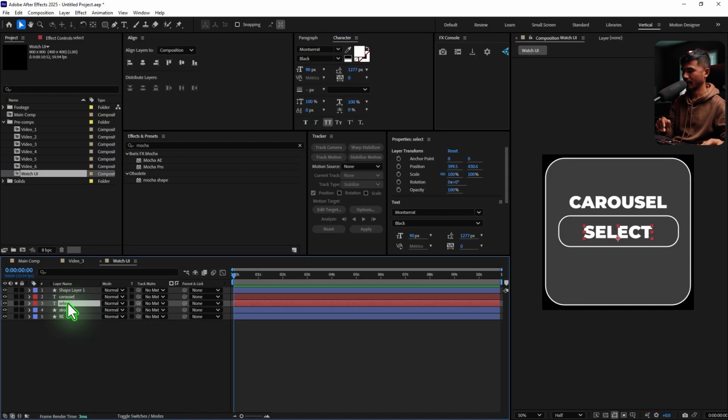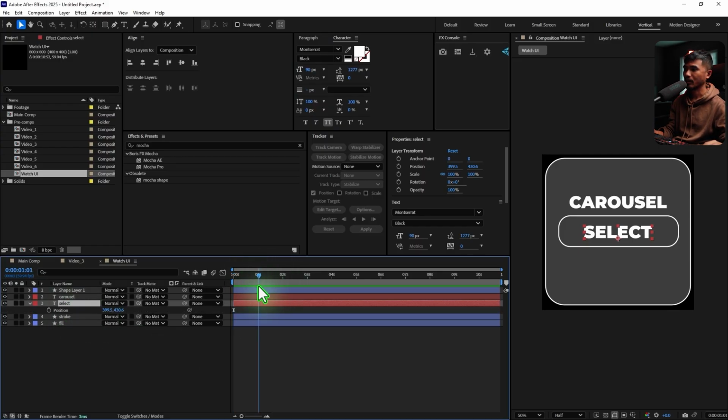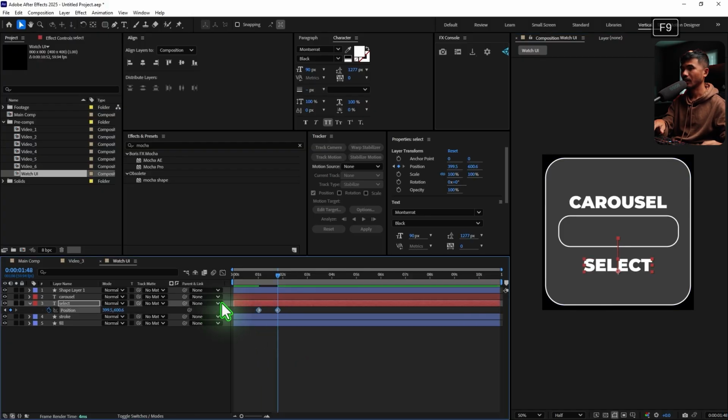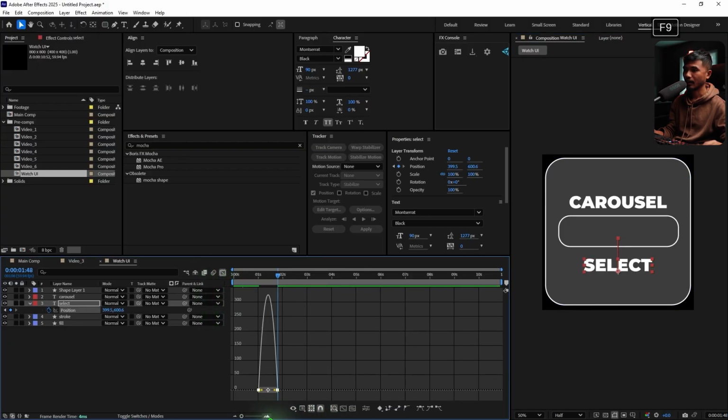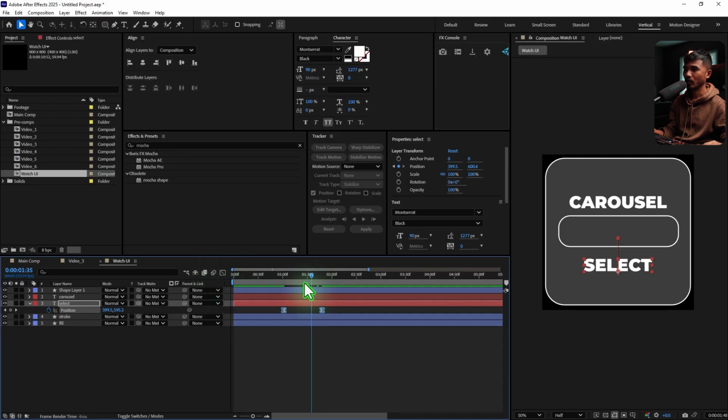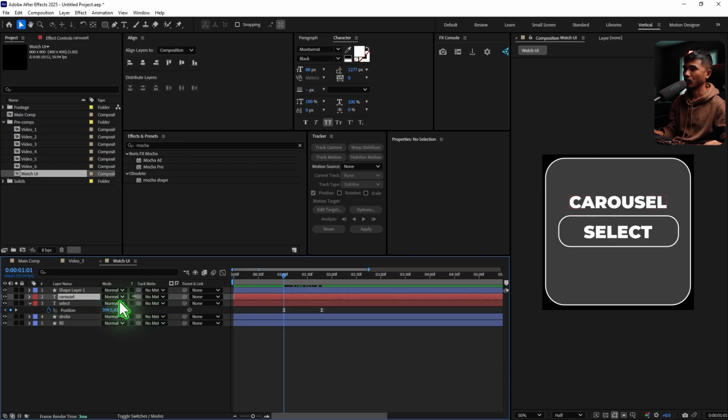So I'm gonna select the text, hit P on the keyboard, go to maybe around 1 second, and position, move a few frames, and move it down. Select all the keyframes, F9, and easy ease, and go to this keyframe and make sure you parent the carousel to the